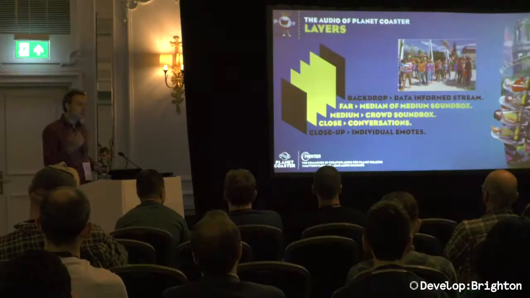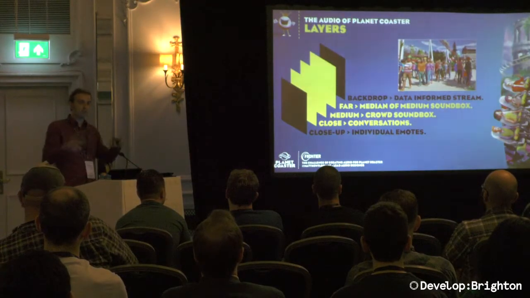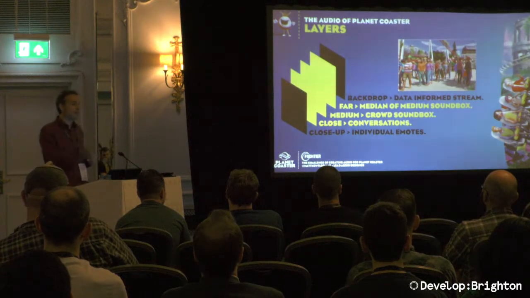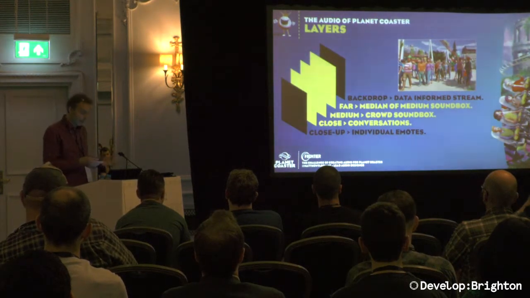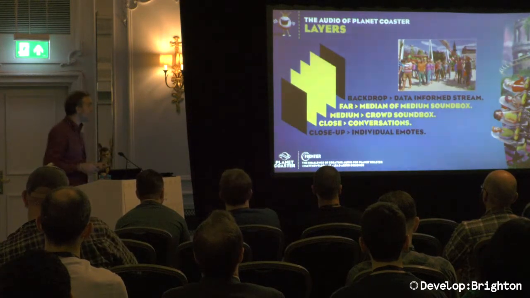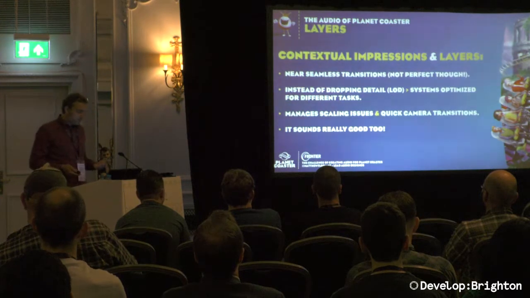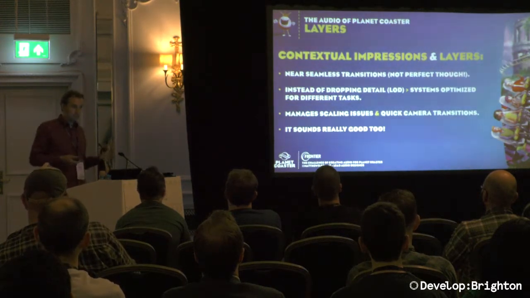Now, the reason why we can do that is we already looked where the people are. So for the cells closest to the camera, we can actually say, okay, who are these people and what are they doing? Which is super expensive, but we're only doing it for a subset that we've already calculated in a cheap way. And that lets us bring in and out systems where we need it in the game. So with the contextual impression and layers, the combination of those two, we get really good transitions